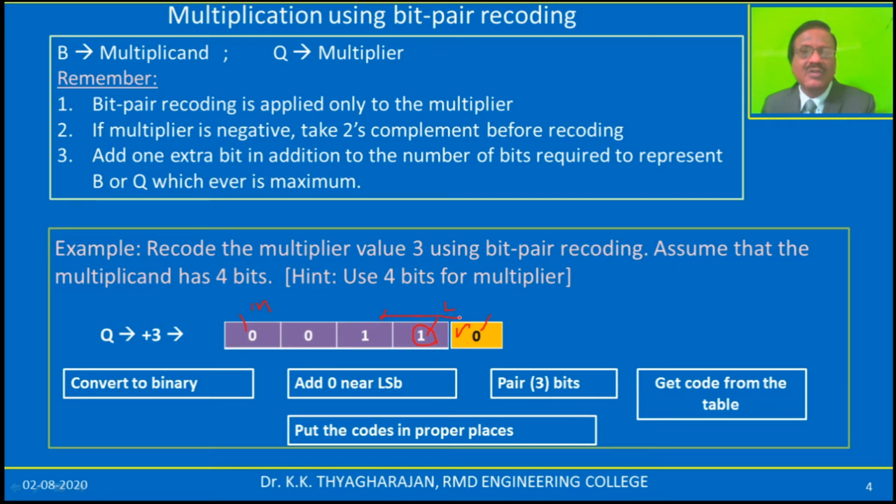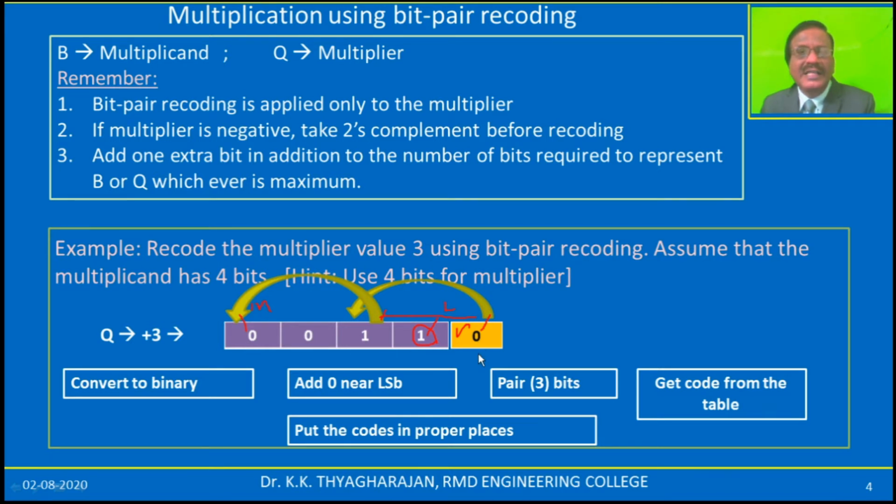But how to combine, or which bits do we have to combine? First we have to combine these 3 bits, like this. Then to get the next pair, you have to start from the third bit, not from the second one. You combine 3 bits from there. Now you have 2 combinations: one is 1 1 0, another one is 0 0 1.